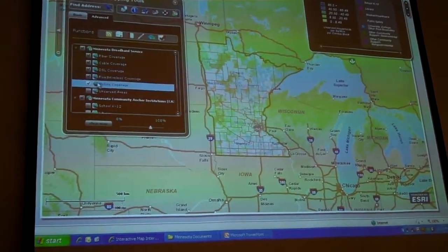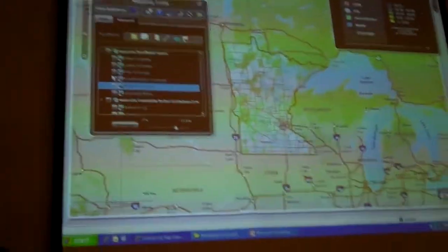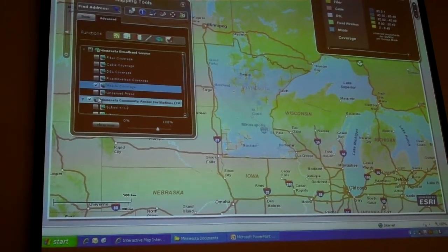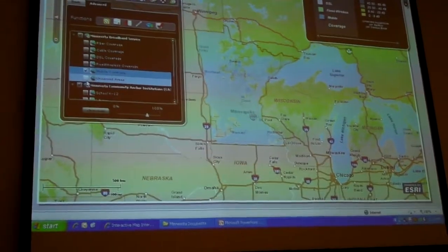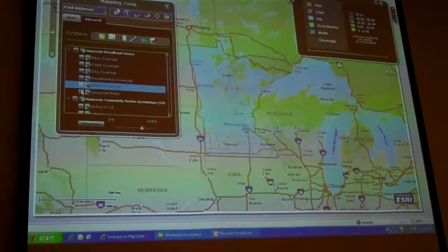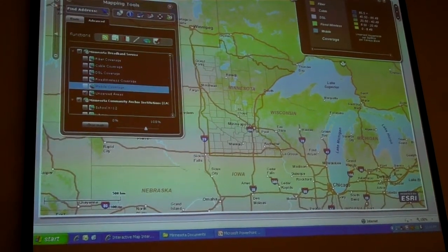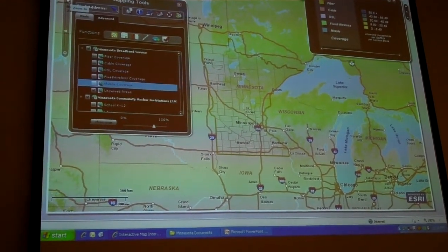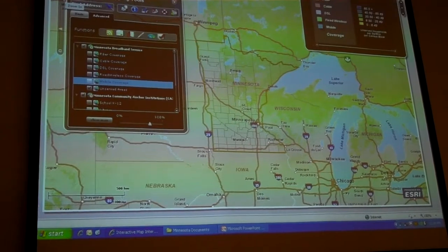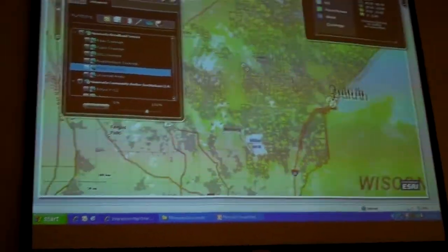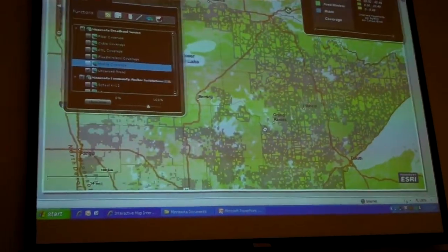For that purpose, I'm going to disable all of the broadband coverage layers, and I'm going to simply enable the unserved areas layer. Again, it takes a second to refresh that coverage on the map. But if we zoom in to northern Minnesota,